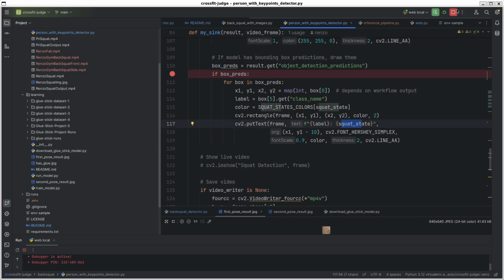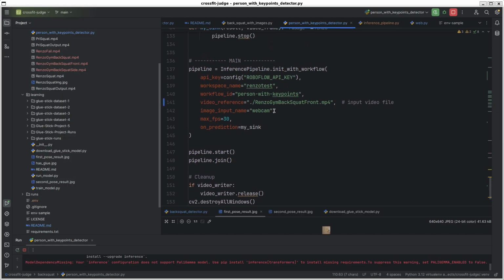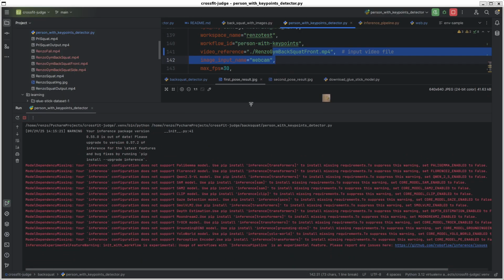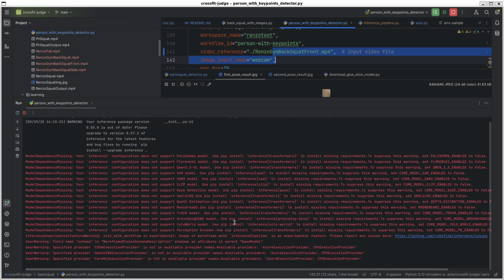And let's check how it works. I'm going to stop my local web server in here that's running. Let's run this code for the Hanzo Jean back squat front. Remember, it's on here. Let's see if it's going to produce the results. So it's reaching the inference server that is installed and running on my computer, reaching the model that I have defined on the workflow. So I don't know if you are hearing, but it's processing, even because it's using my GPUs to do that.